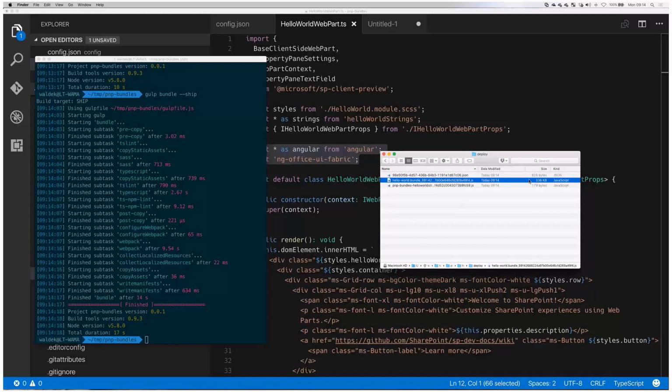So imagine that you would have a few of these on one page. It means that you would have 300K per web part. So your page could be really big eventually. Right? And if you think about that in the scope of an intranet, there will be a lot of overhead that you could avoid by referencing both Angular and ng Office UI Fabric from an external